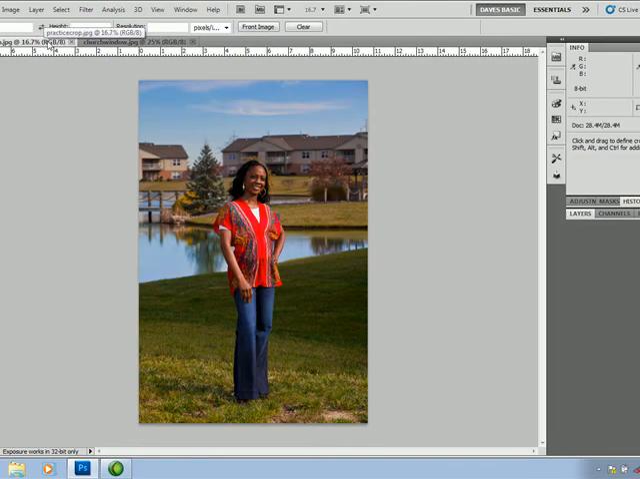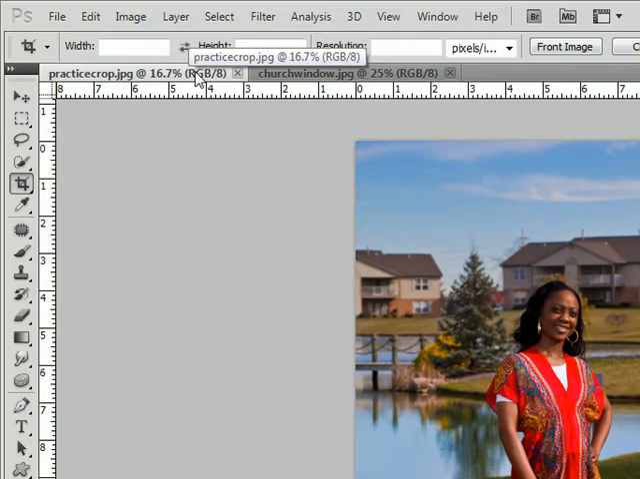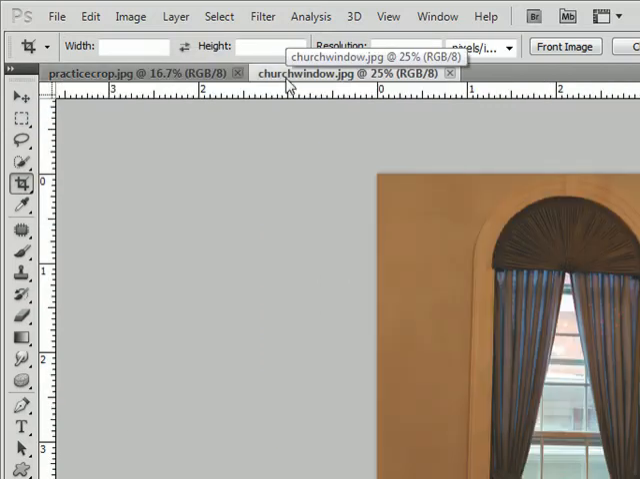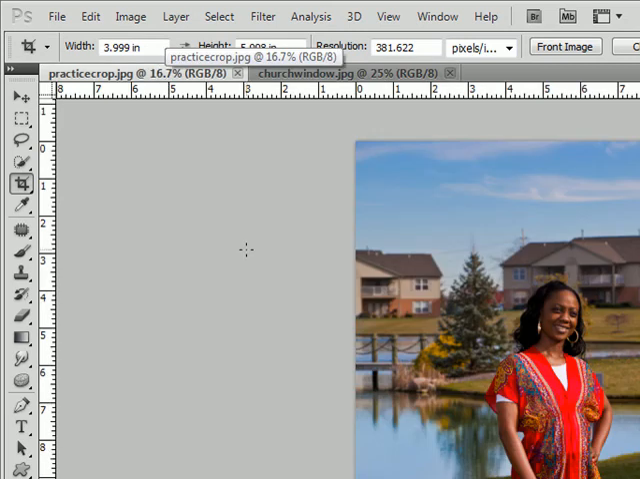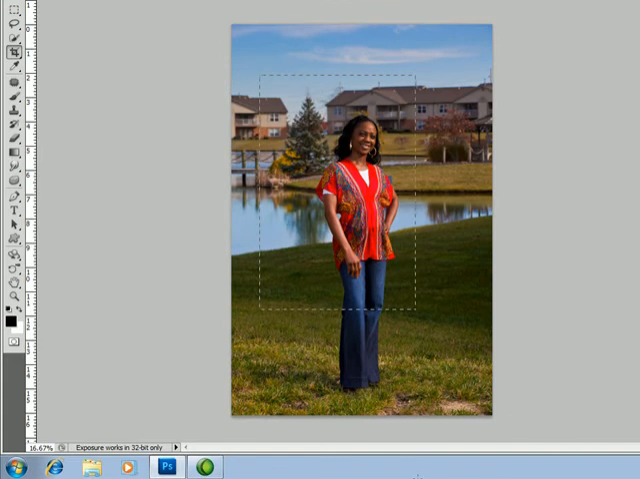So the first tip I'm going to show you is how to size and crop at the same time to the same image. In this case, let's say the church window is the exact crop and size that I want. Just click on the front image and it automatically gives the dimensions and resolution in the crop tool. Okay, and then go to the image that you want to crop and resize and just take the crop tool,